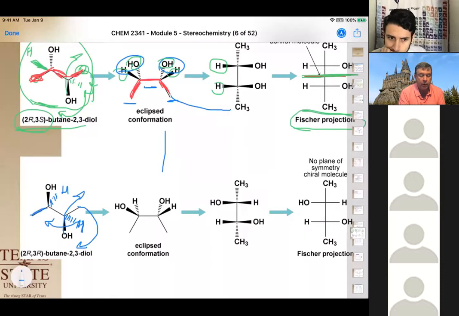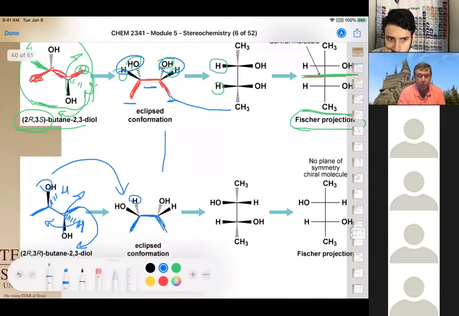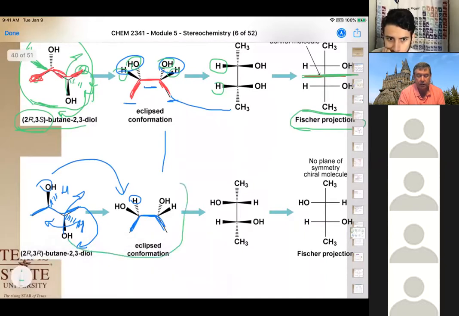So when we draw our eclipsed longest carbon chain, the hydrogen is still back for this side, the alcohol is still forward for this side, but these have now moved such that the alcohol is behind and the hydrogen